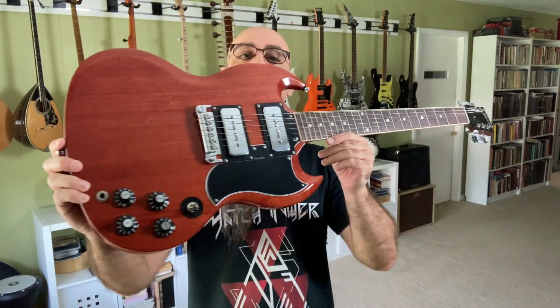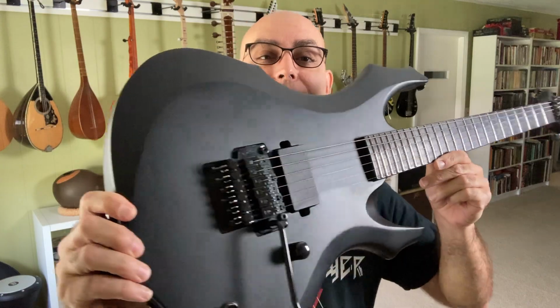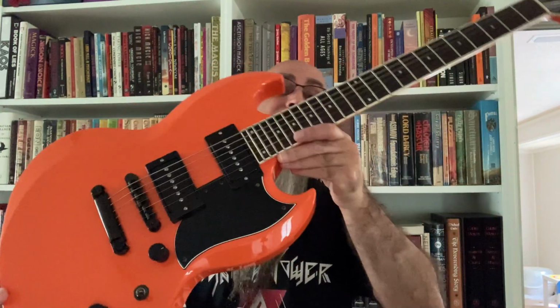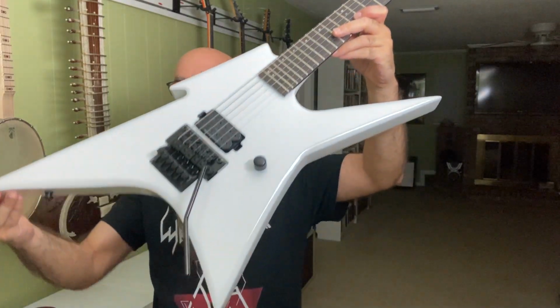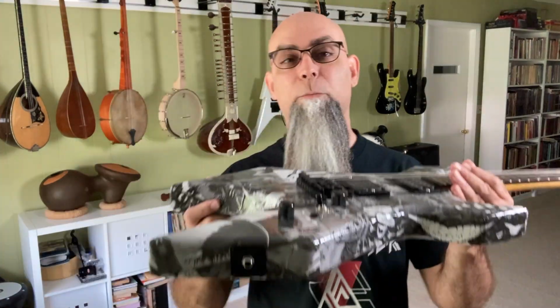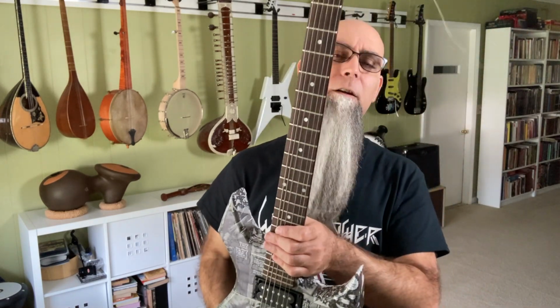Gibson Tony Iommi Monkey SG. ESP LTD Black Metal F model. ESP Edwards Viper. Woodwright Warlord. BC Rich Ironbird. MK2 Prophecy series. Hammer Studio. The BC Rich Warlock that I bought off a homeless guy for 40 bucks back in the year of